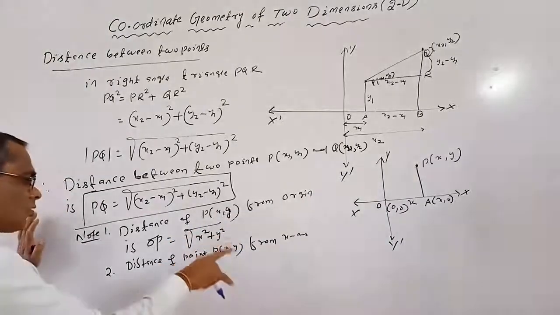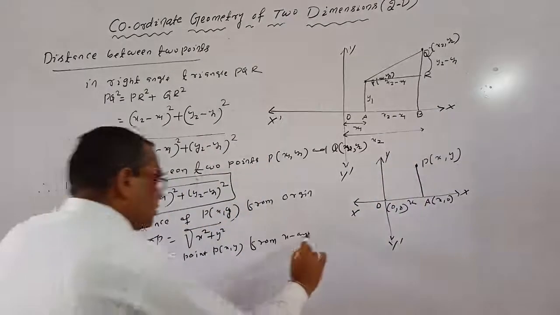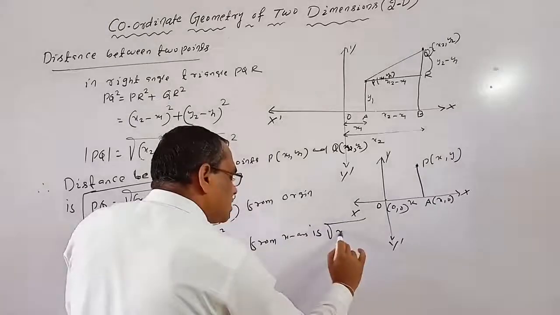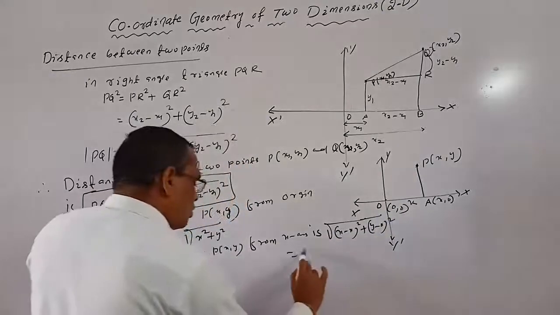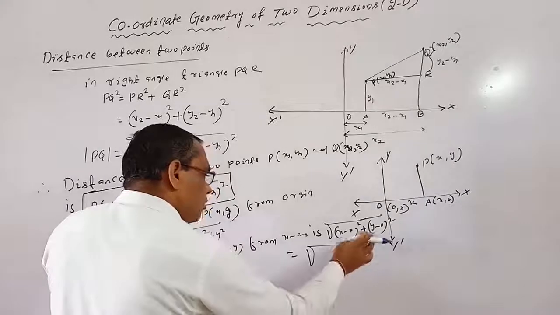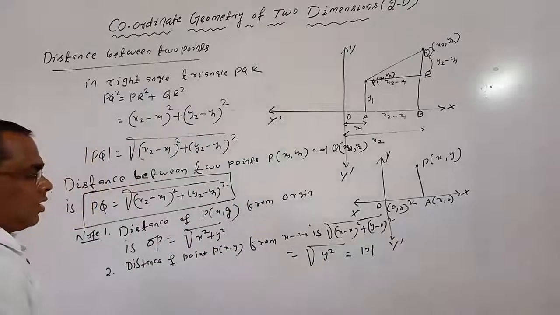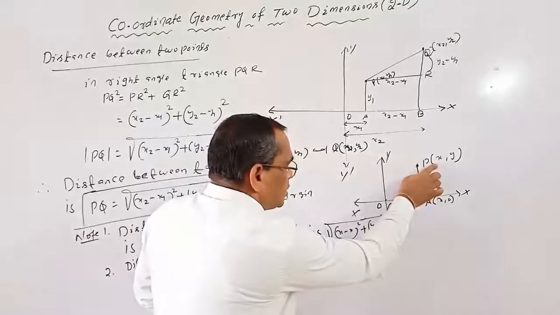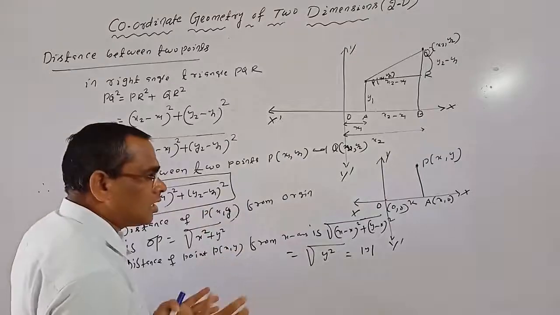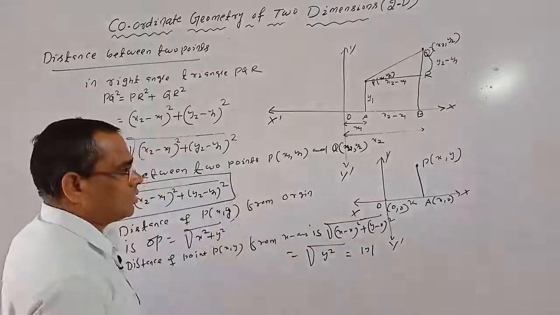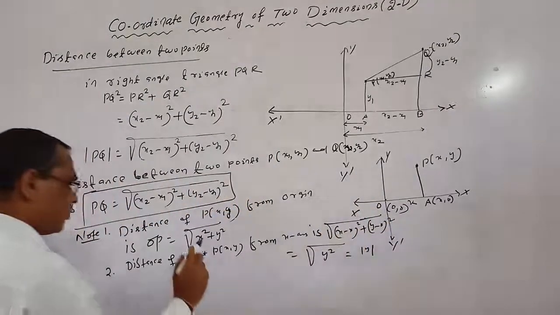The distance of the point P(x, y) from the x axis is the square root of (x minus x) squared plus (y minus 0) squared, which is the square root of y squared, known as mod y. So the distance of the point P from the x axis means the y coordinate represents the distance from the x axis, and the x coordinate similarly represents the distance of the point